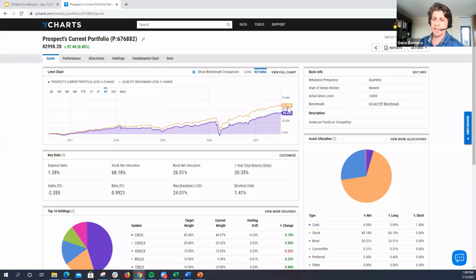So it's a more aggressive allocation that's getting worse returns than the benchmark. So I'm feeling pretty good that we'll be able to really tell a compelling story to this prospective client. Now, if you do want to dig in a little bit further into the portfolio performance or allocations, simply click